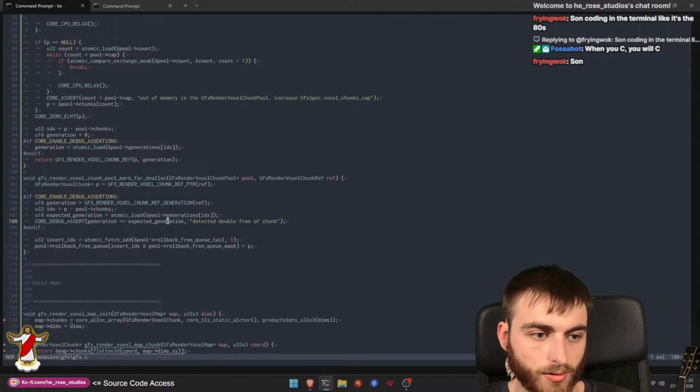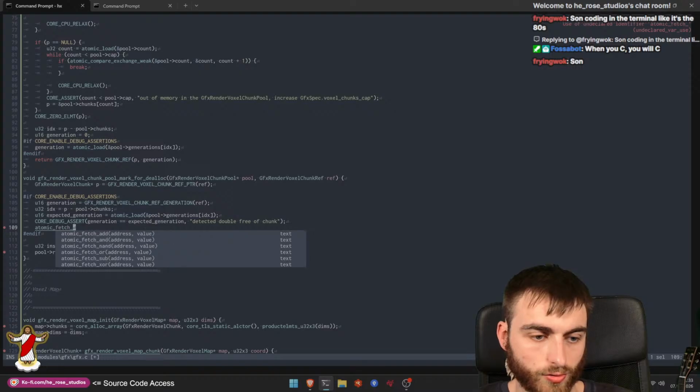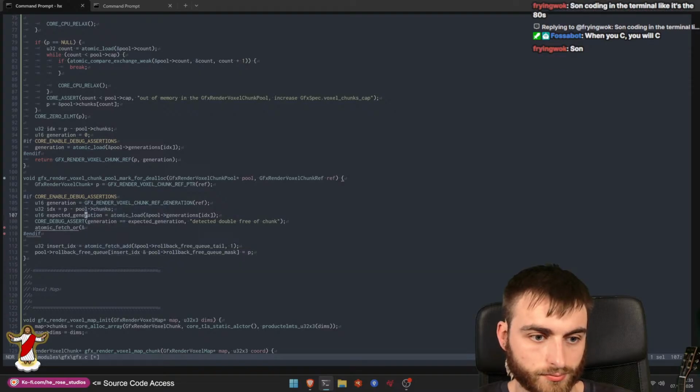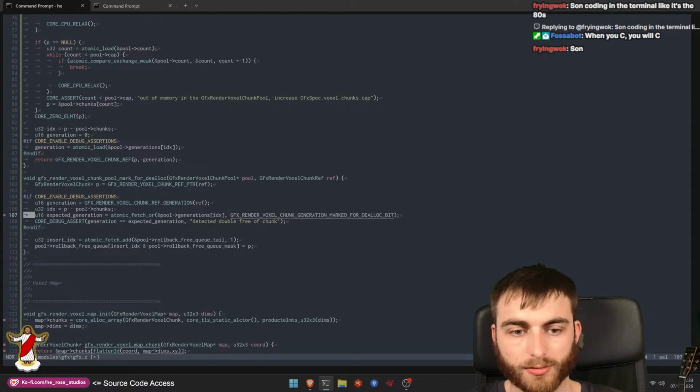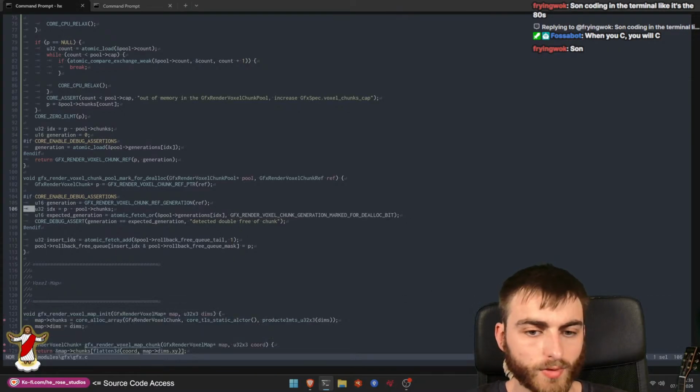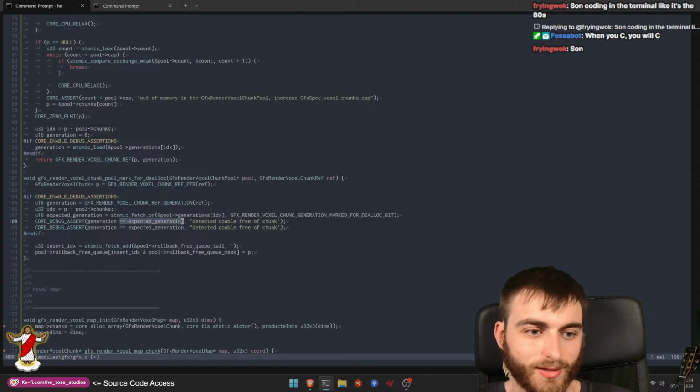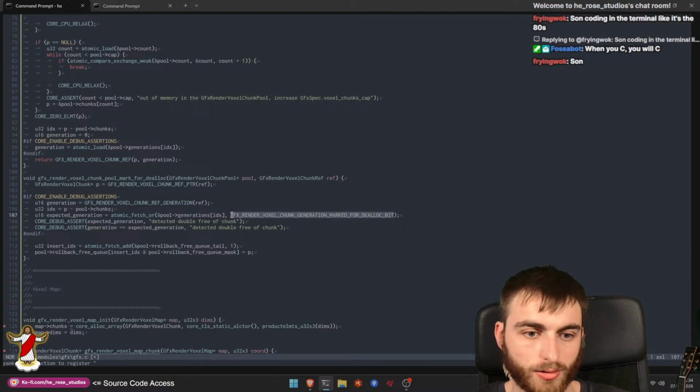So you go atomic fetch or. Just do it all in one go. Yeah, so atomic fetch or, you OR that thing on there, and then you get the old value back, and you can just check it there. So this way, we could actually check to see if it has this. Oh, this is so great. If the expected generation has it already, then we know